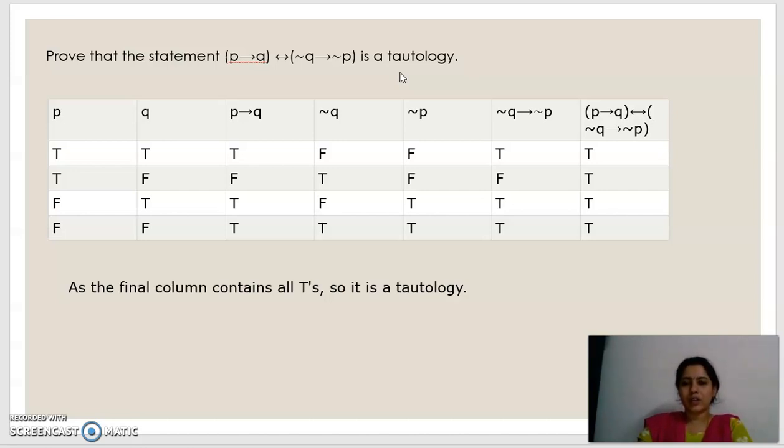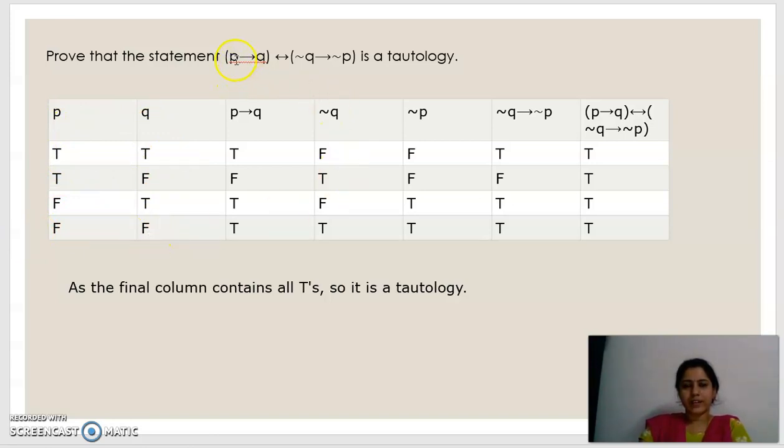Till now we have not seen any formulas, so here I will explain by using truth tables. First construct the truth table of the given statement. As the statement contains only two variables P and Q, a total of 4 possibilities will come for P and Q. Those are true-true, true-false, false-true, and false-false.